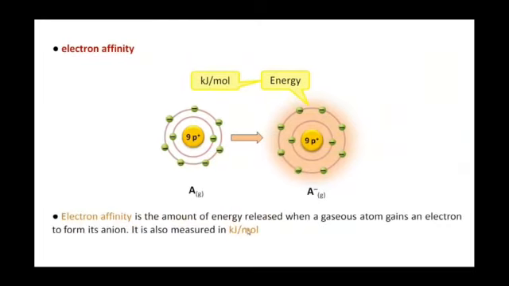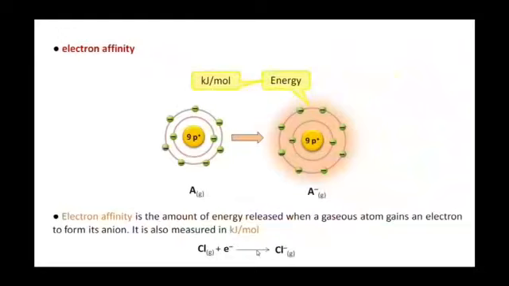So the definition of electron affinity is the amount of energy released when a gaseous atom gains an electron to form its anion. For example, when an electron is added to the gaseous state chlorine atom, we will be getting Cl minus ion. So, the amount of energy released during the formation of Cl minus ion is called the